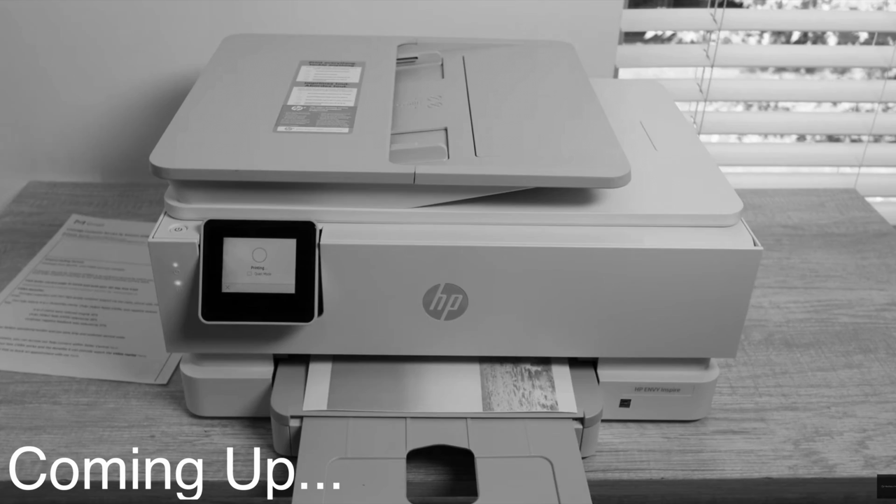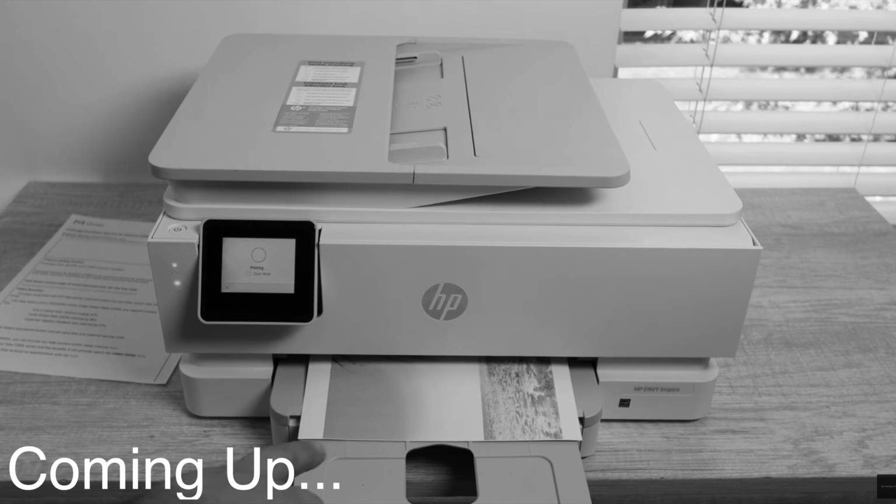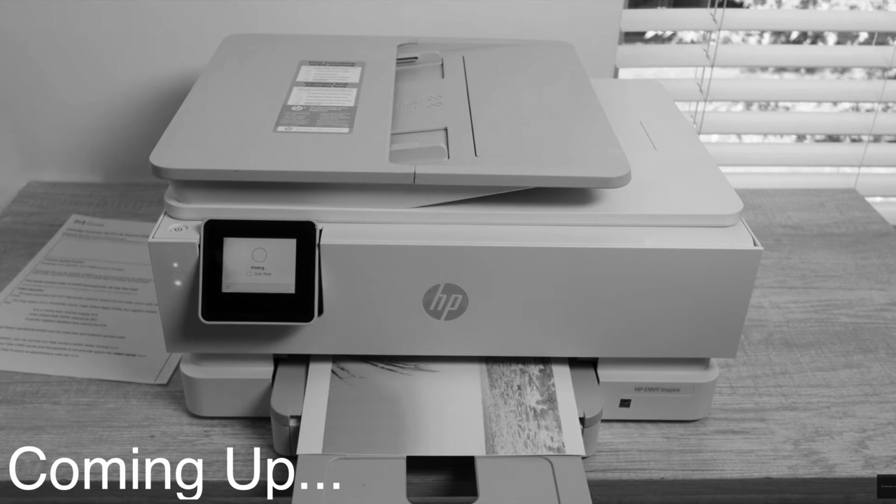So the HP Envy models, the HP DeskJet models, those are gonna be great for if you don't have to print as much. If you're gonna be printing more than the usual, or medium,